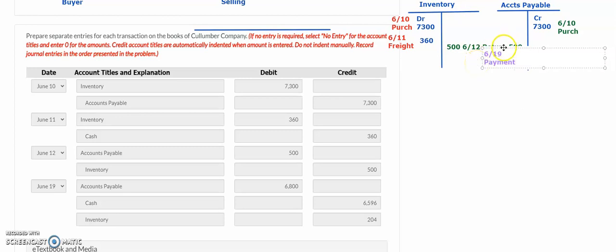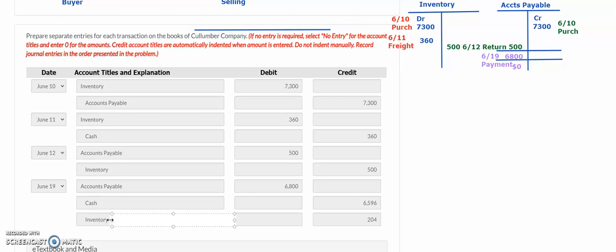But of course, we're not going to pay the full $6,800. The reason why we're not going to pay the full $6,800 is because we want to take advantage of that discount. That's the reason why we made that payment on that particular date rather than making the payment later. So to calculate your discount,